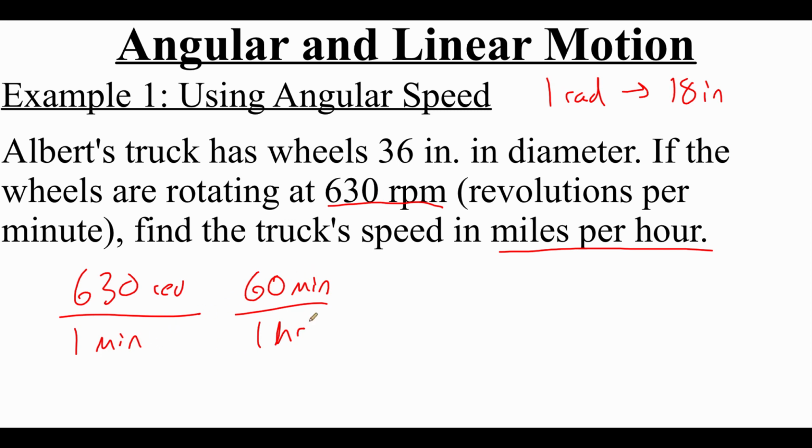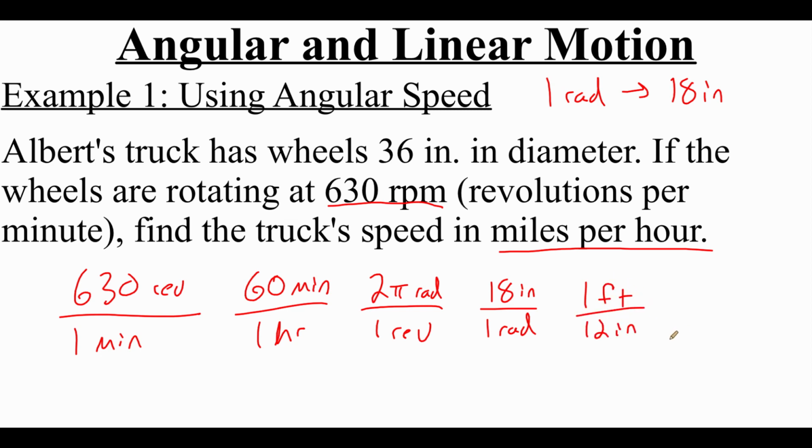I've converted the minutes into hours, but now I need to work on taking these revolutions and converting them into a distance. Now I've got the revolutions on top, so I'm going to put 1 revolution on the bottom. And if we think about a full circle, 1 revolution is 2 pi radians. Now earlier on we said that a 1 radian angle measure corresponds with the radius of our circle, so that's 18 inches. But now I need to take those inches and convert them into miles. In 1 foot there are 12 inches. And in 1 mile, there are